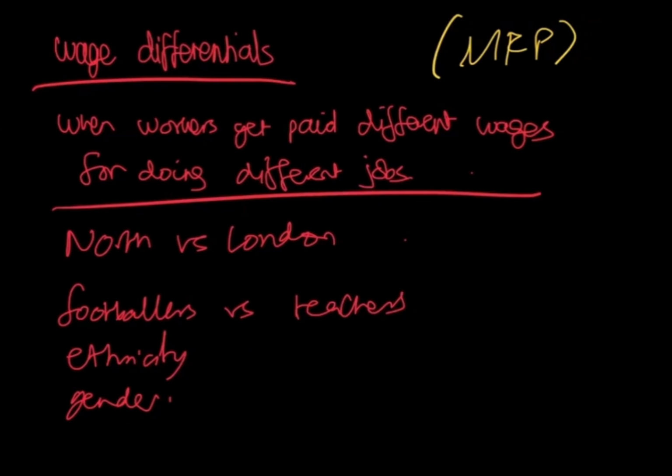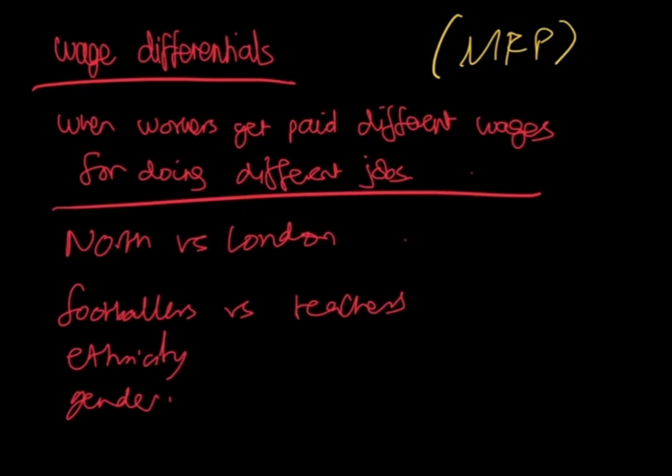And it becomes more and more obvious when you compare doctors to private doctors, or especially dentists to private dentists, because you literally have different prices for somebody going to the NHS dentist or a private dentist. And even with school, in a private school, you might have somebody paying up to £20,000 per year to go to private school. So then you can almost measure the teacher's MRP that way. So then you could give them a higher wage. Yeah. Cool. So there's supply and demand in that one.